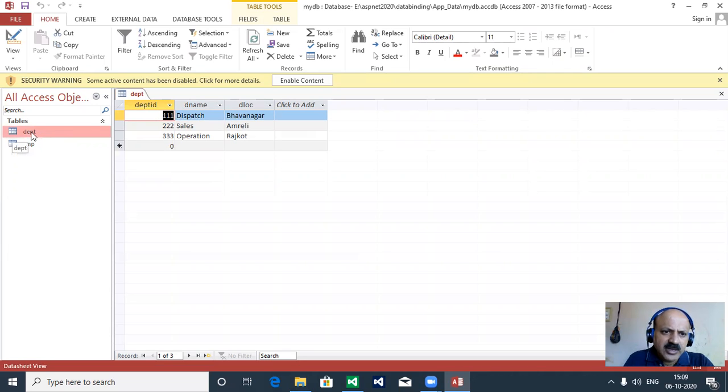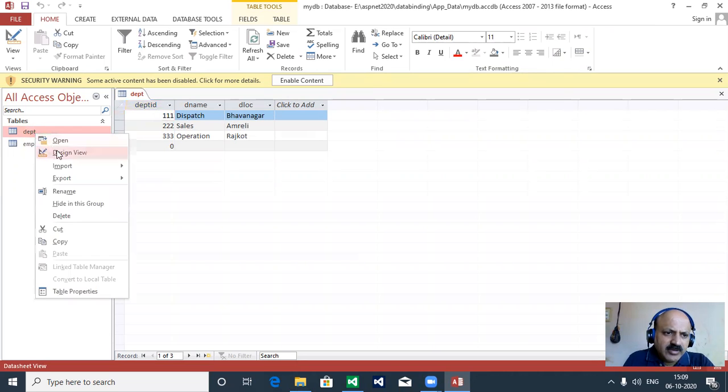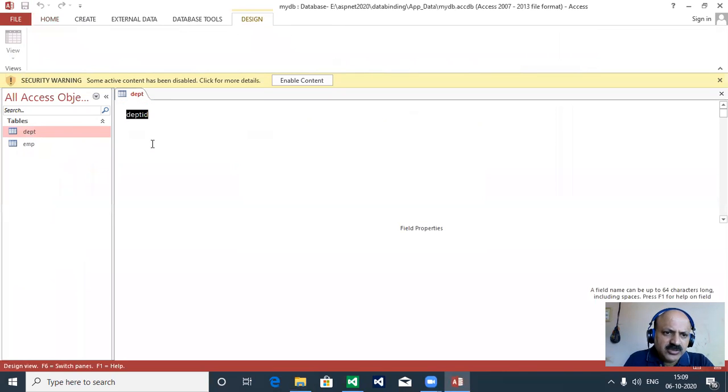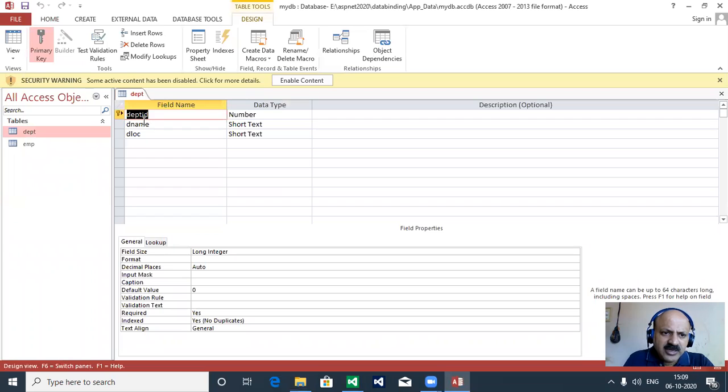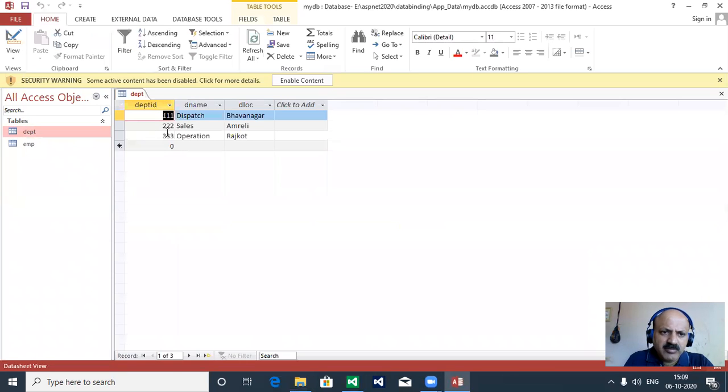That table we have to bind to the repeater control. We can also check the design view. Here is the primary key, a number, department name is short text, and department LOC, location, is short text. And there are three departments we already see. So first